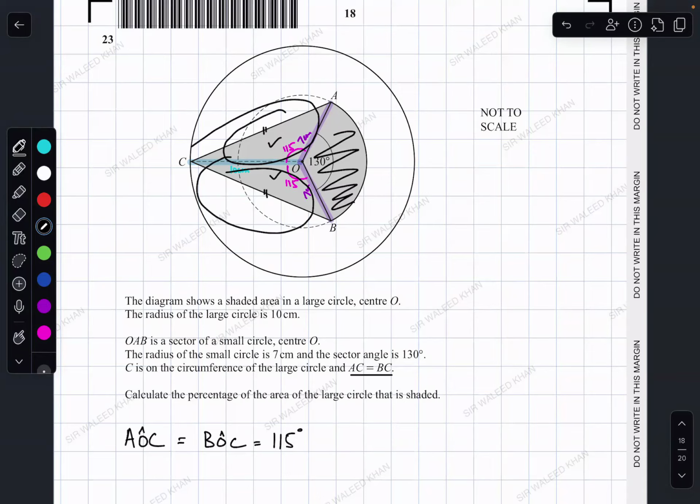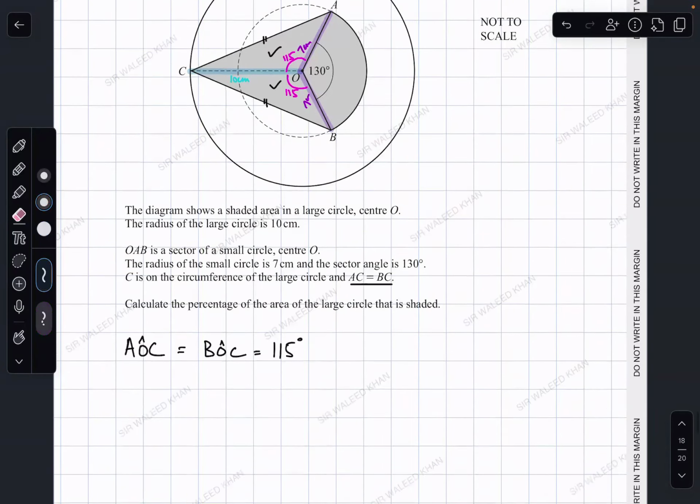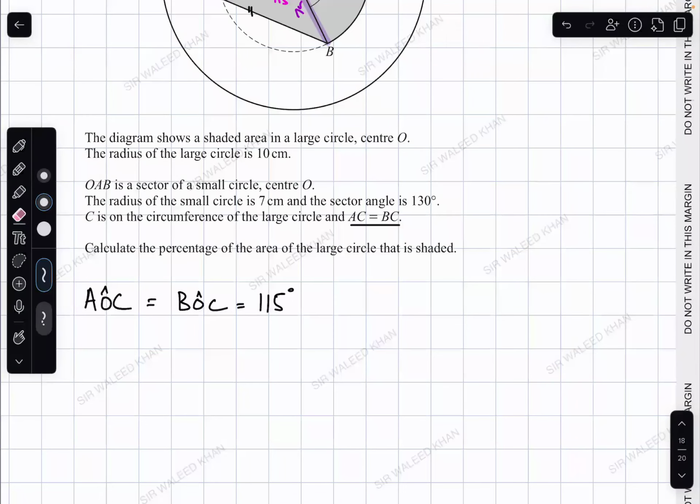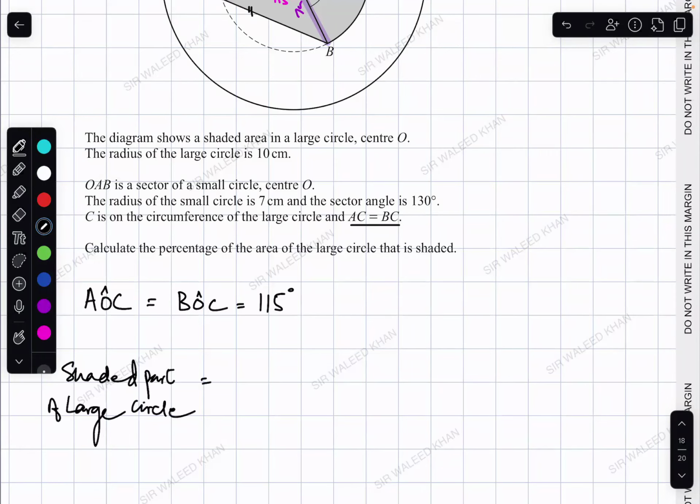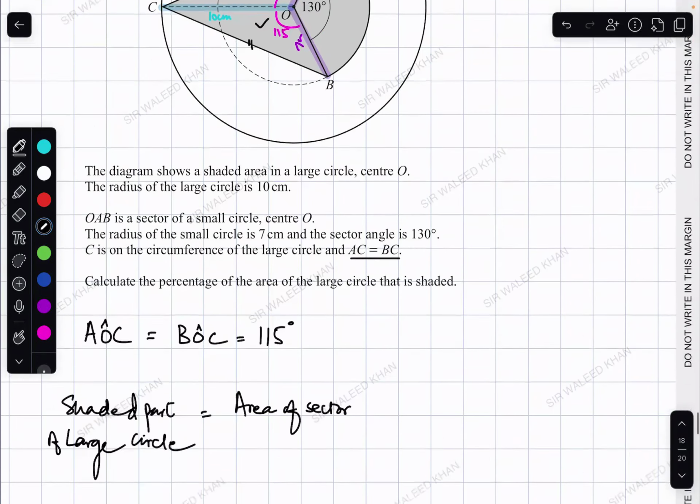Okay, we are not finding the unshaded, we are finding the shaded. So we just add the area of the sector AOB and the two triangles to find the shaded part. I thought it was the unshaded, but that's fine. The shaded part of the large circle consists of the area of sector AOB,